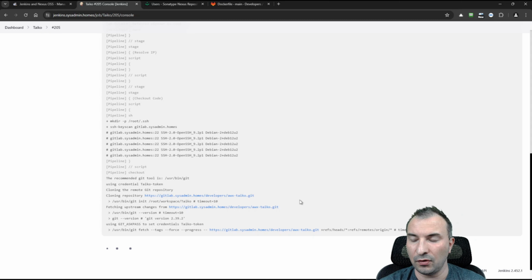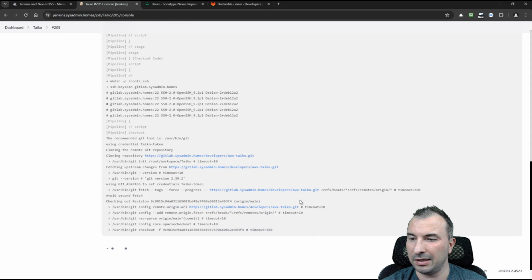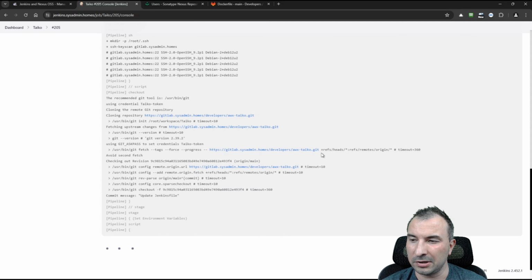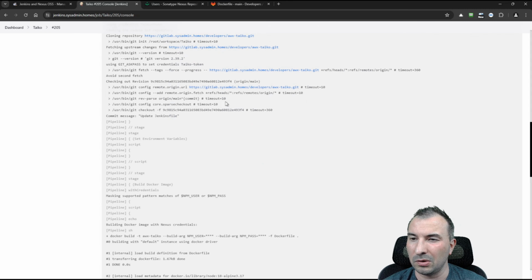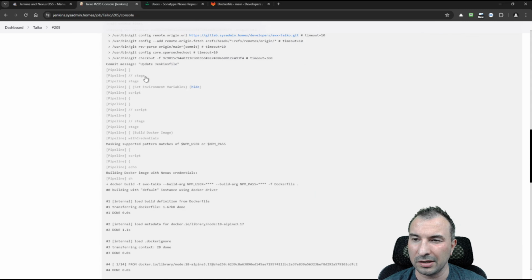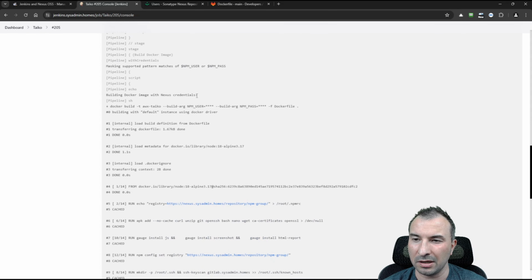I mean, it is performing all the steps that are in the Jenkins file. So now you can see it's cloning the repository, then it is using the repository. You can see it is connecting to GitLab, sysadmin, homes, developers, AWS Tycho Git, and now you can see what it is doing here. I'm checking the revision, comment the message, update Jenkins file, masking supported pattern because $npm user and